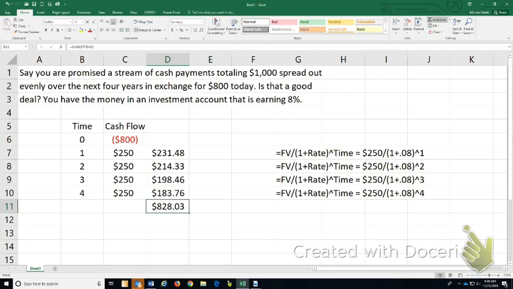Okay, that actually sounds like a pretty good deal, doesn't it? So my money is currently earning 8% interest sitting in the bank someplace. This will earn more. All right, so the amount of interest I'd earn on this first $231 that I leave in the bank today,